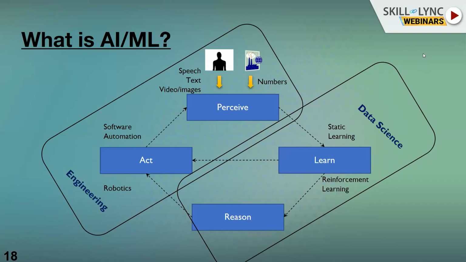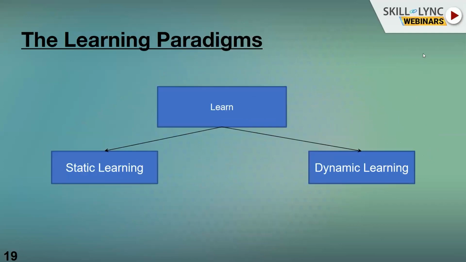And therefore, as I said earlier, learning is one of the critical foundations of these four pieces that we are talking about. This is where the world is making a lot of advancements, and the machine learning that we see always revolves around it. Therefore, let us delve a little more into the learning component. When we talk about learning, there are two ways in which we normally learn: static learning and dynamic learning.